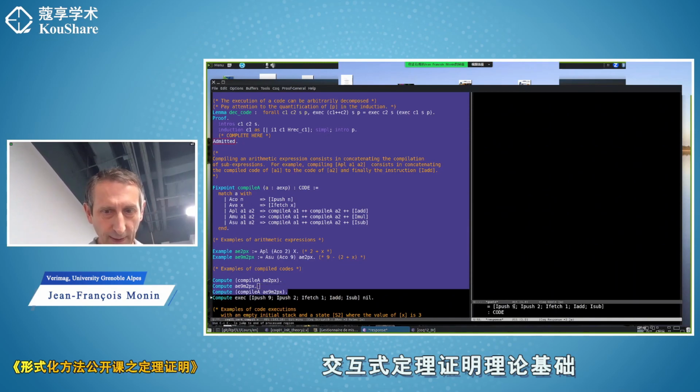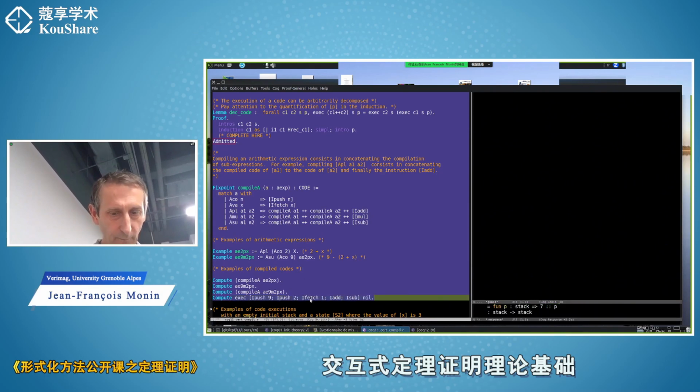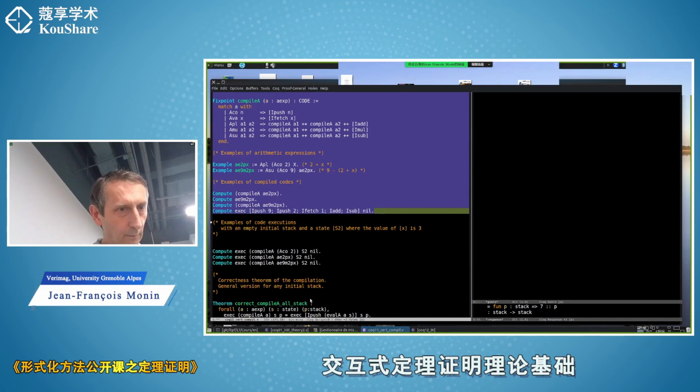You push 9, then you push 2, then you fetch x, so it is address 1, you add, so you compute 2 plus x, and at the end you subtract, because basically here you should have 9 and the result of 2 plus x on top of the stack. Okay, now we can execute the compilation